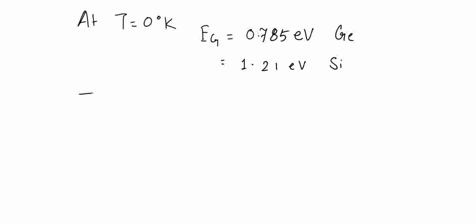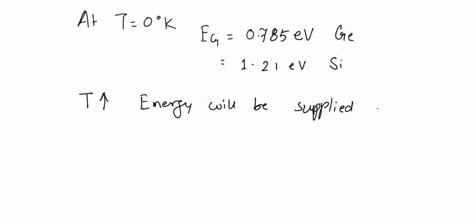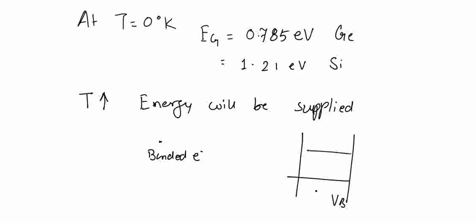If temperature is increased, energy will be supplied to the material, and with this energy, if any bonded electron gets sufficient energy to break a covalent bond, it will break the covalent bond, and this bonded electron which is present in the valence band will move from the valence band to the conduction band. If these kind of many